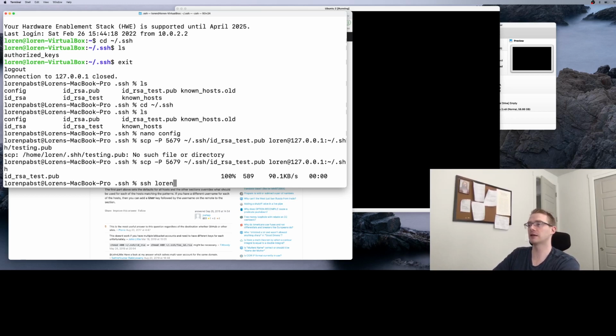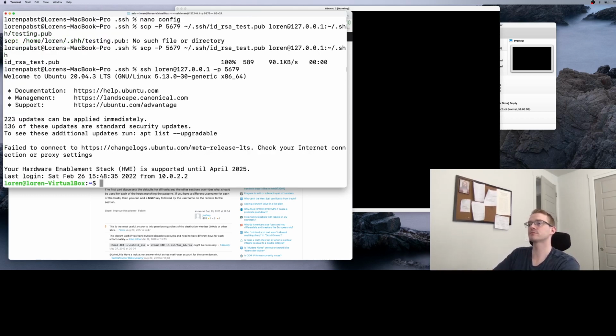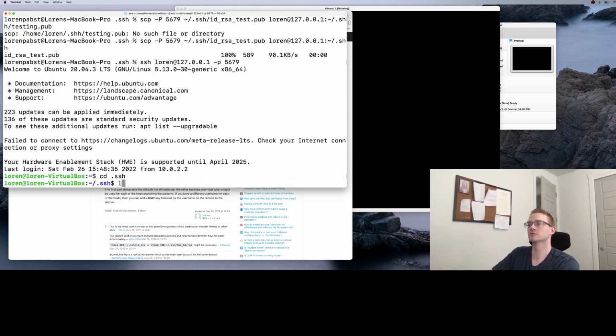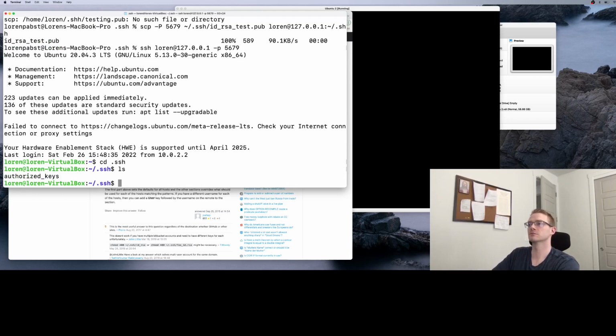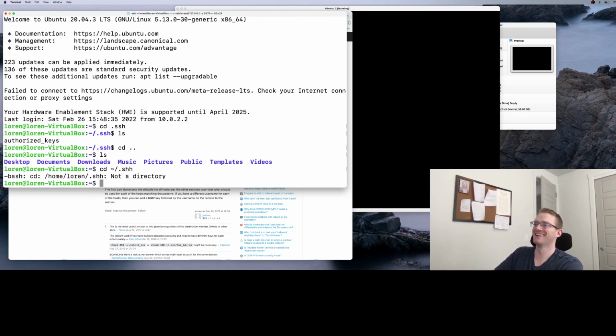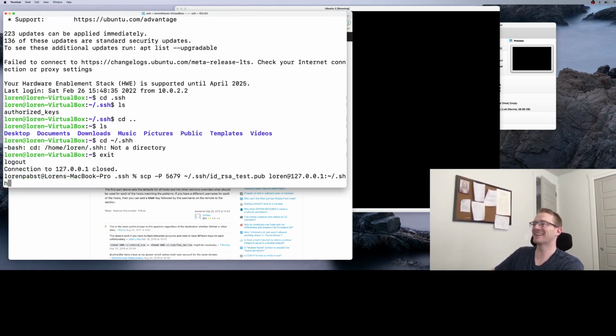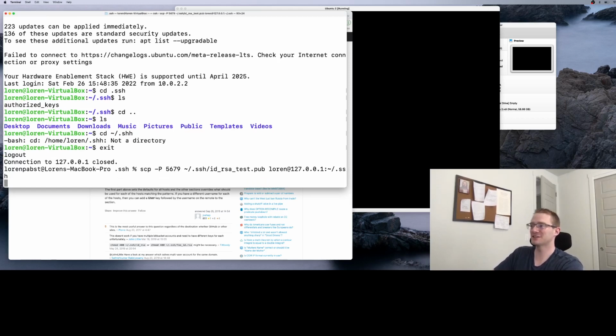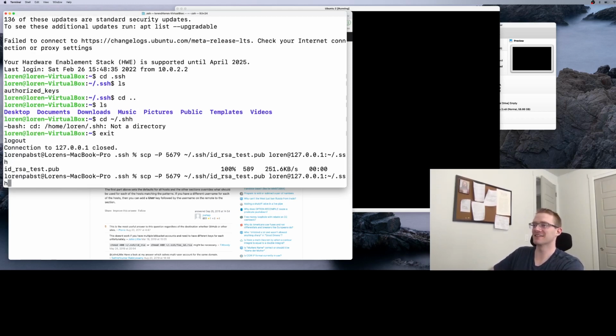So now if I SSH back in, doesn't look like it worked. Hold on. Lauren at 127.0.1.ssh. Oh, I did a typo and I did it .ssh. So is that a thing? I don't know where that went. Let me try that again. Let me fix the typo. SSH. There we go. And now if I SSH back into my server,